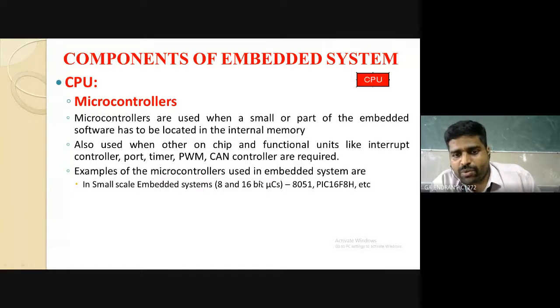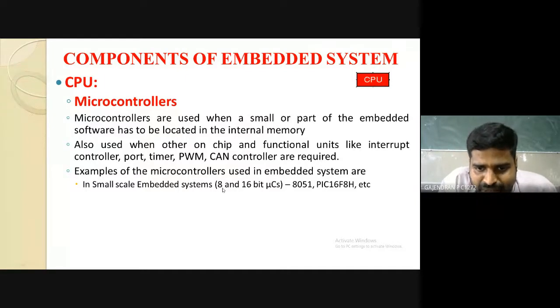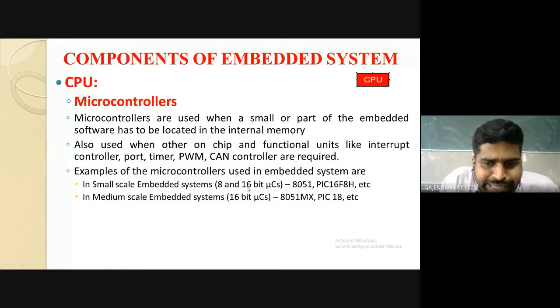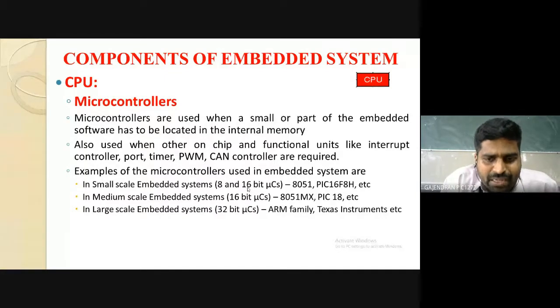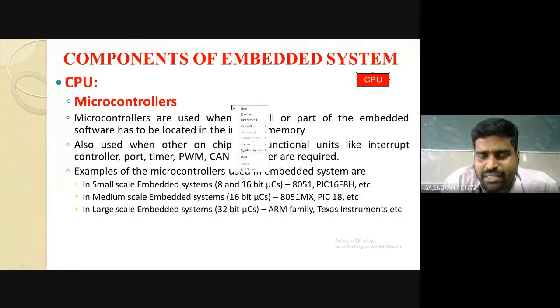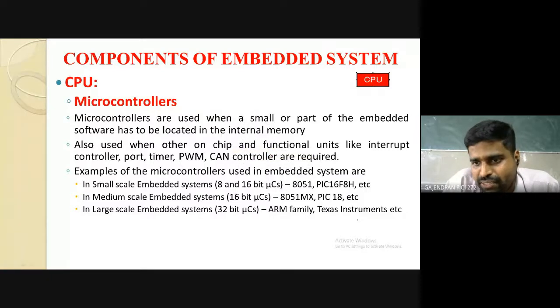So how are we going to categorize our microcontrollers in the embedded system field? Based on the number of bits. I think you already know small scale, medium scale, large scale. Already we have discussed. Am I correct? So even there are some curricula that start embedded systems with a PIC controller. The famous PIC controller used in our college days is PIC